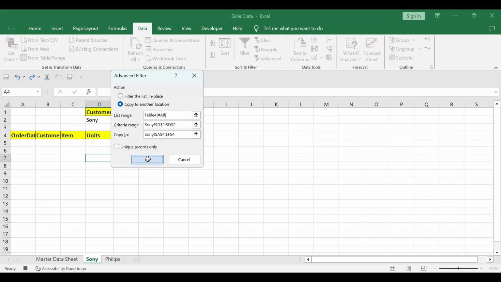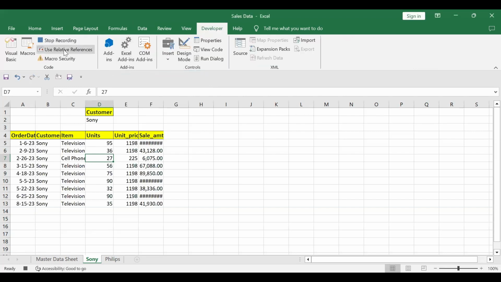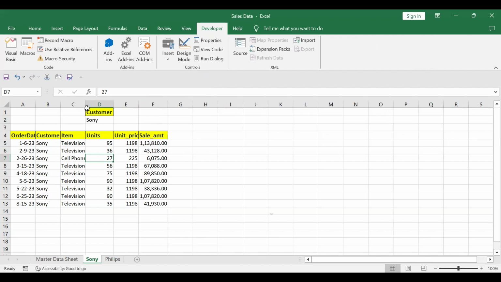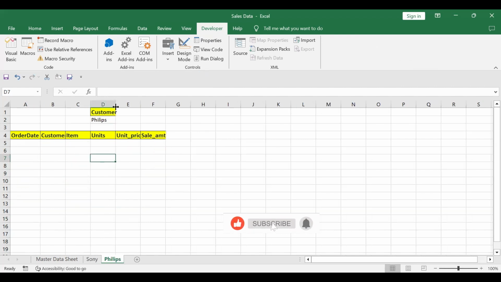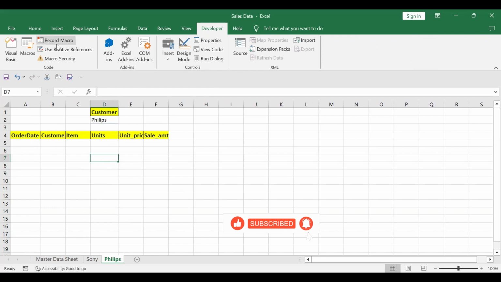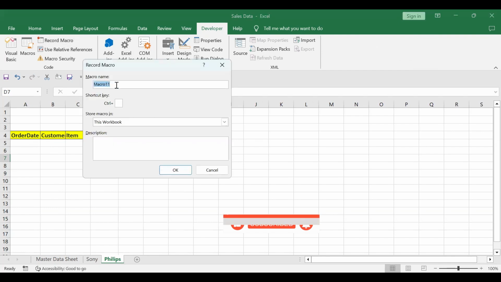So the data will automatically filter. I'll stop recording, and now the data filter is done for the Sony customer. Now we'll do the same thing for the Philips customer as well, right? So again here go to Record Macro. Here you can give the name as Philips and give the macro name as Philips